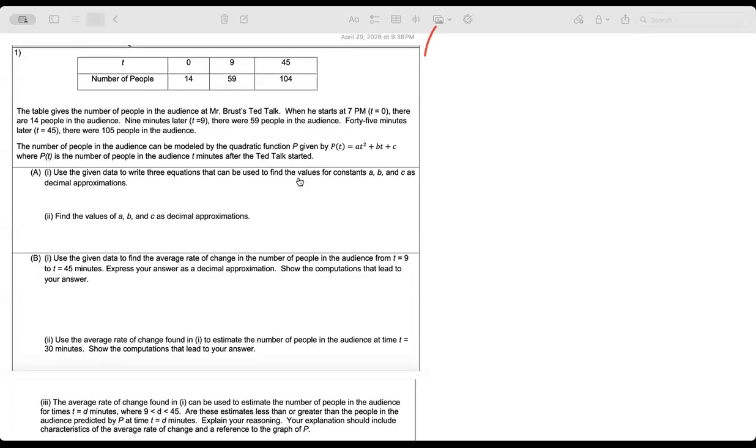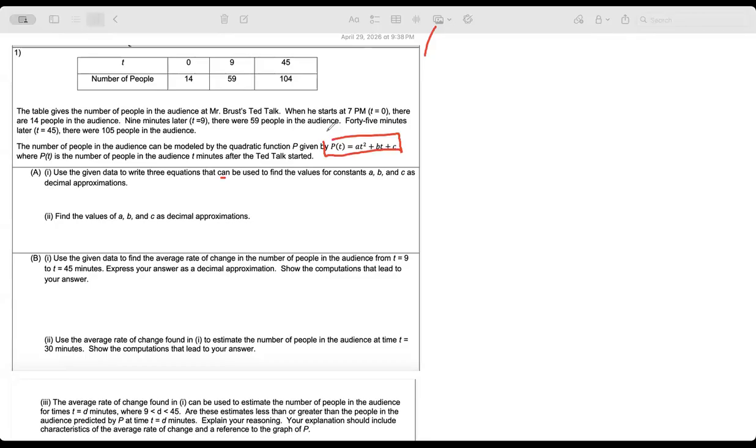So we will go ahead and work this out. The table gives the number of people in the audience at a TED Talk. When he starts at 7 p.m., t equals 0, there are 14 people. And 9 minutes later, t equals 9, there are 59 people. And at 45 minutes, it's a quadratic equation, right? They have already given that it can be modeled